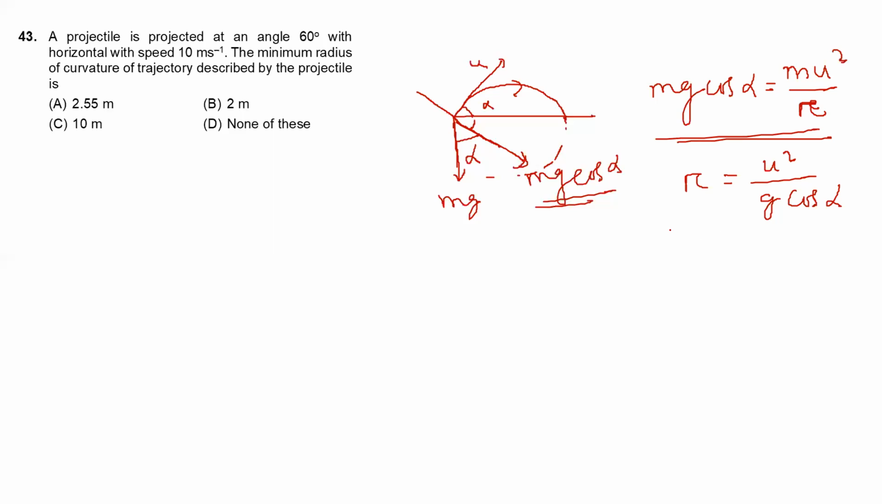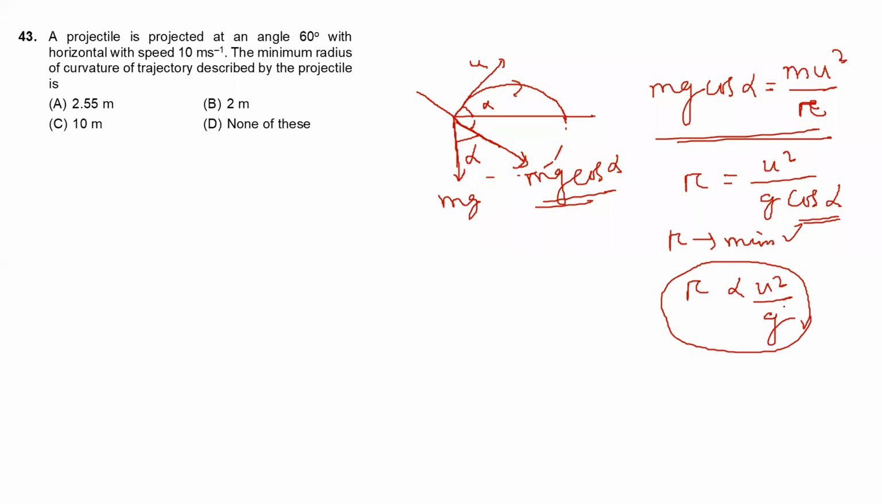So r is minimum when? What is the minimum value of r? When cos alpha is 1. So that means the minimum value of r is u square by g. Yes or no? So at the maximum height, what is the velocity? Only u cos theta. So in place of u, I can put the velocity at maximum height, v is equal to u cos theta, that is 60 degree. Yes or no? So r minimum is equal to